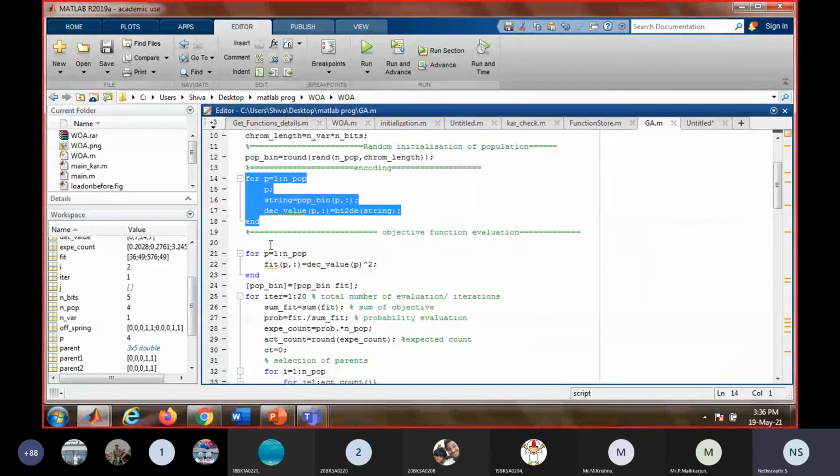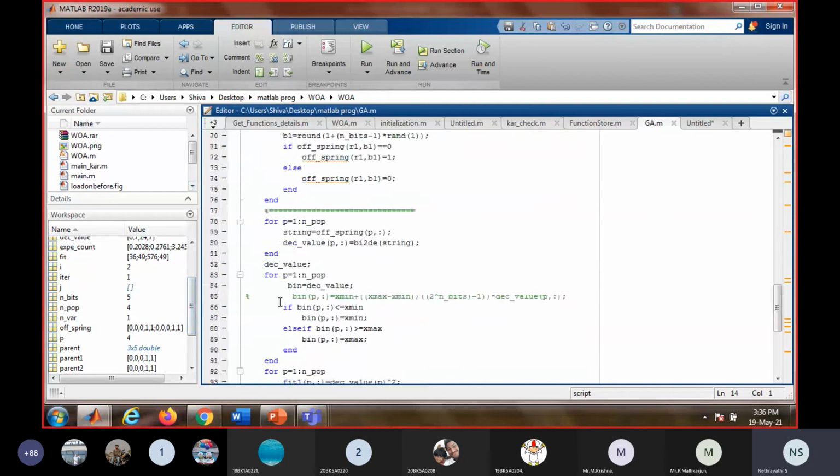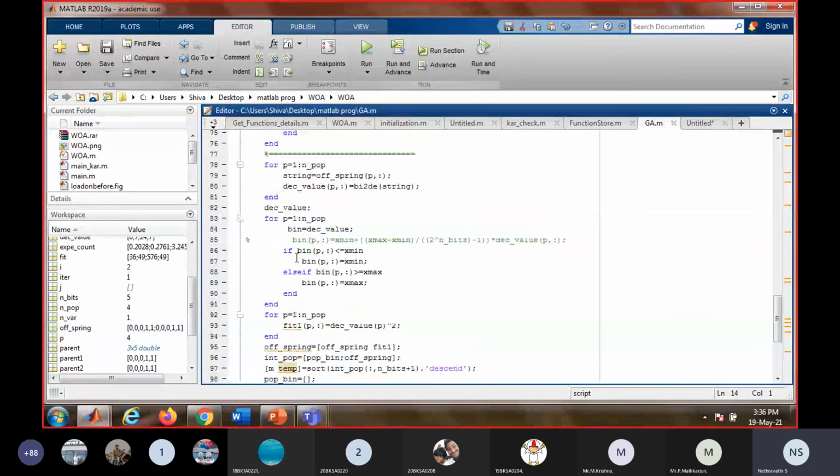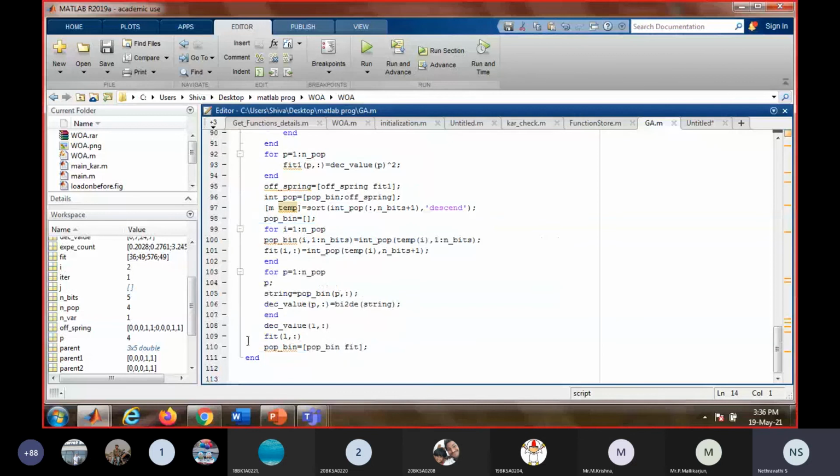But if I make it a function, which means I place it in a separate file and call it as a function, then this length reduces. See, now, excluding the comments, it has around 100 lines of code.